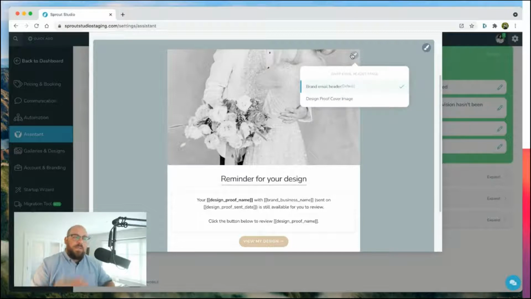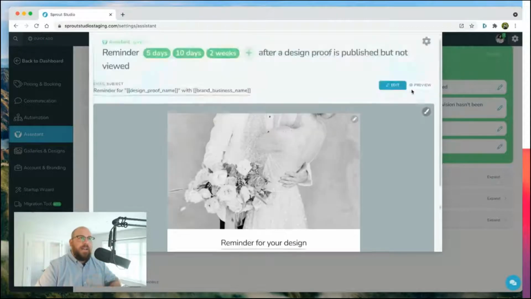Or for some of them, specifically for the design proof or for the gallery, you can say, hey, I actually want to use the cover image for the design proof, or I want to use the cover image for the gallery. If I close this down here